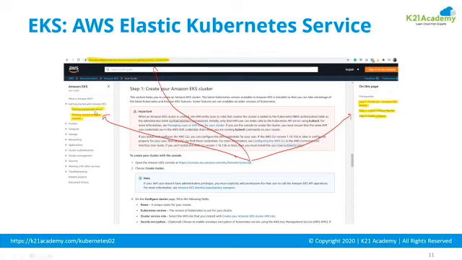You can either use a command line utility called eksctl, which is basically Elastic Kubernetes Service control, or you can do it using the console. So I'm going to show you today from the console, and if I see the demand, I might show it via the eksctl command line as well. In order for you to understand the deployment using the console, you need to understand one final concept, which is